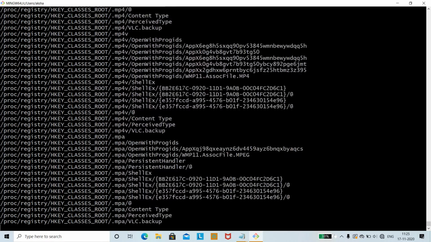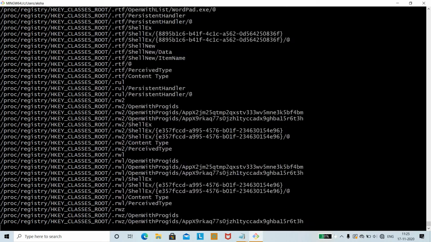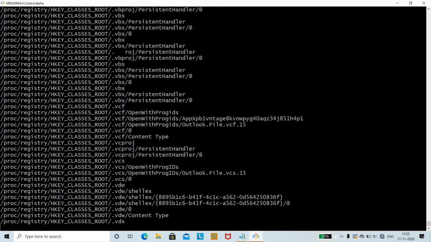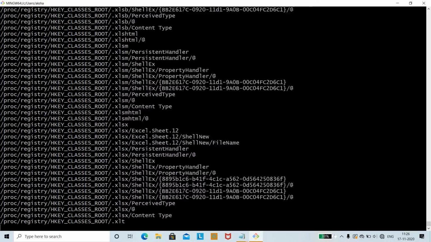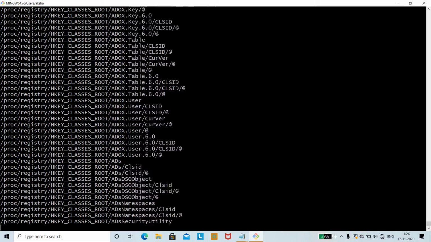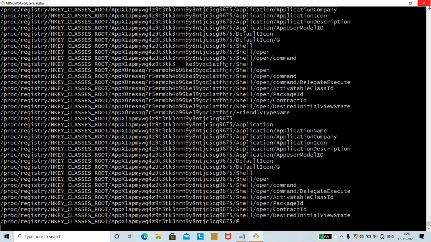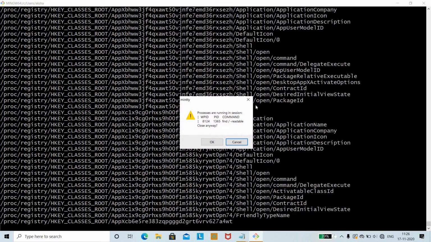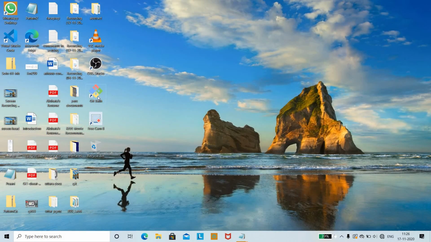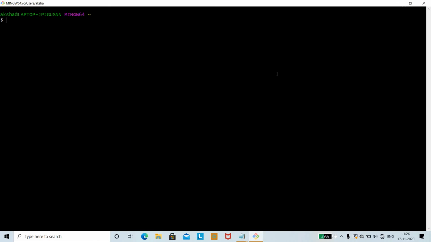Now we shall also apply patterns with the help of the find command. Suppose you have created a file, product1.txt, and now you want to change the extension of the txt file to a .js file. This is also possible with the help of the find command. We shall see that. So we shall close this process, again open the git bash terminal, and search the patterns with the help of the find command.